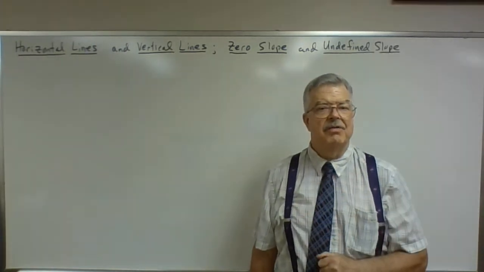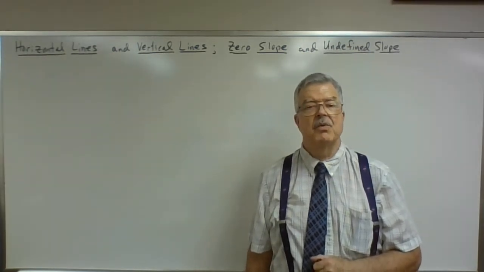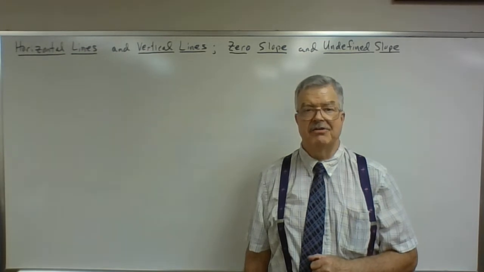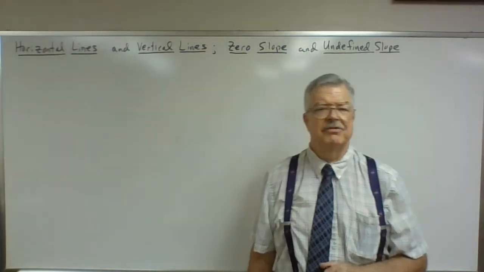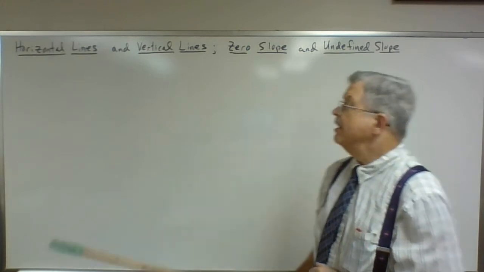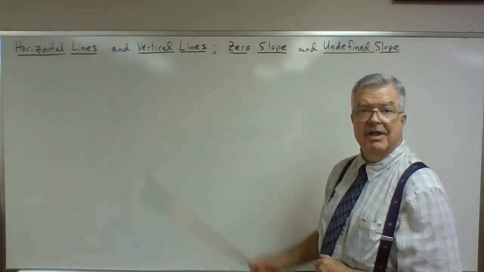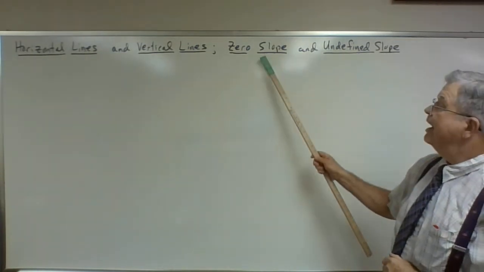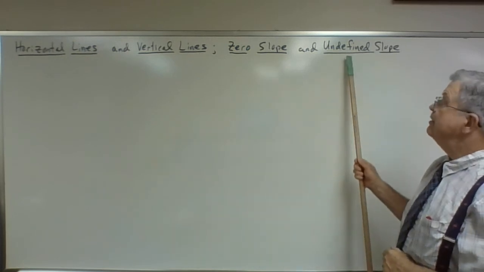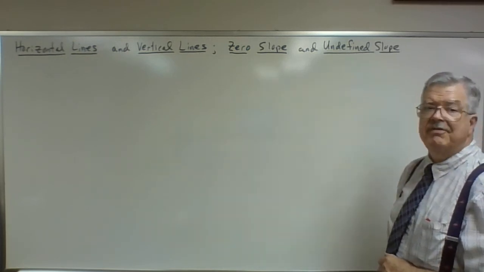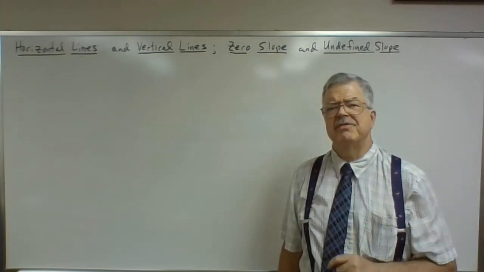In part 1, the part that you just got through viewing, we talked about equations of a line in the xy plane. Here we're going to talk about some special cases. We're going to talk about horizontal lines, vertical lines, lines that have a slope of 0, and lines that have undefined slope. And to set the tone for this discussion,